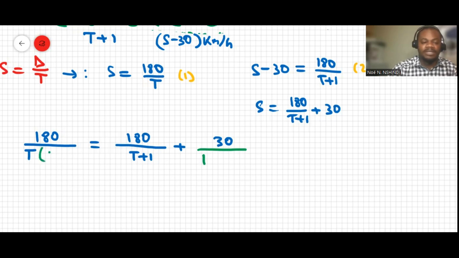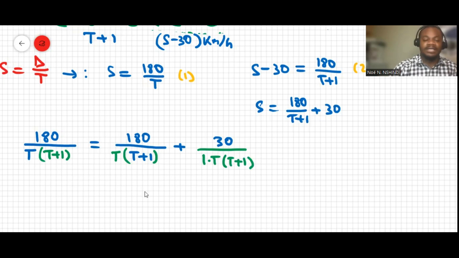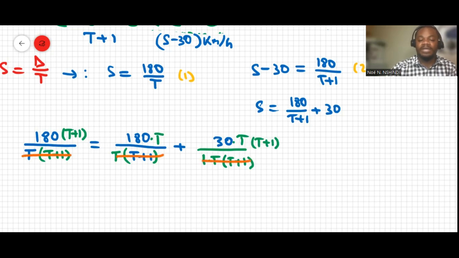So we times here by t plus 1, and there we also times by t, and then by t plus 1. Now this is what happened. If I times by t at the denominator here, t plus 1 at the denominator, I need to times also the numerator by t plus 1 to maintain the fraction. Here I'll times by t to maintain the fraction, and there I'll times by t and t plus 1 to maintain the fraction. Now, the moment that we have the denominators common, we can cross them out, and then we are left with 180 times t plus 1, which makes